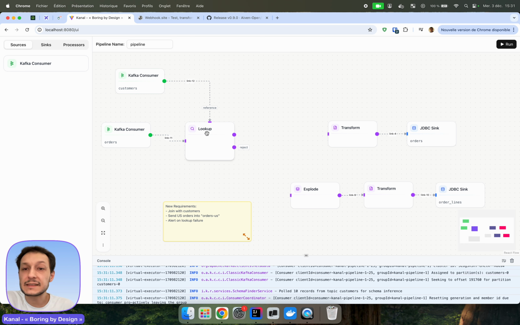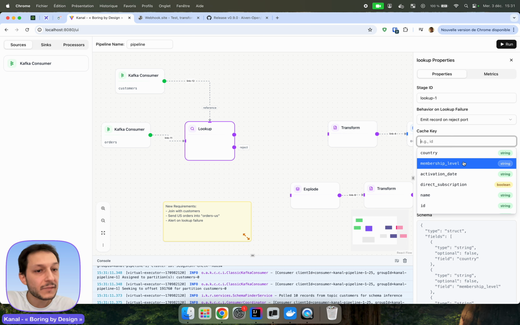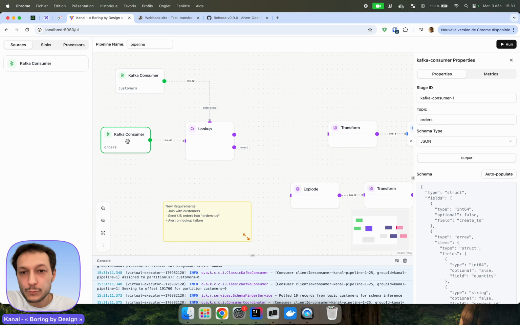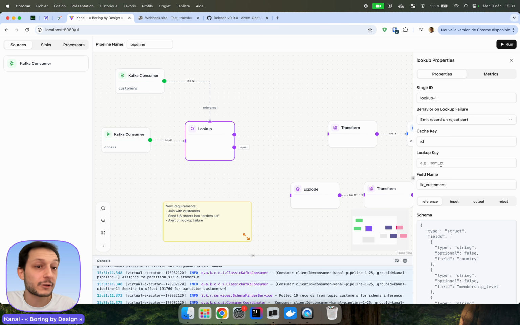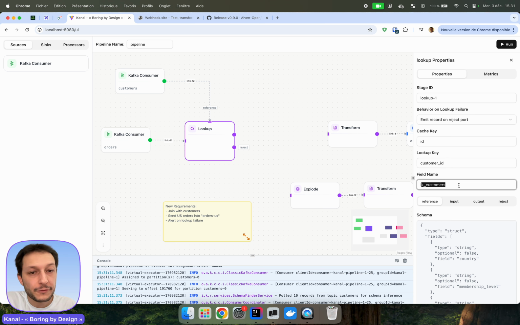So lookup reference is going to cache the entirety of the customer topic, except that it's going to cache on a given key, which I get to decide. So in that particular case, it's very easy. I want to store by the customer ID. So the cache key would be, this is the customer object in front of me, ID. And then on orders, I want to look up into the cache based off the customer ID, which is, guess what? Customer ID. It's going to create a new field in the output, LK customers,